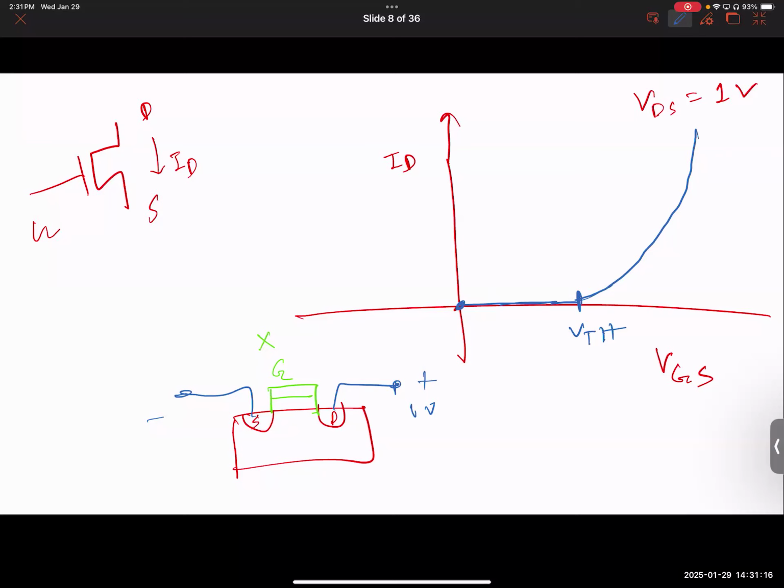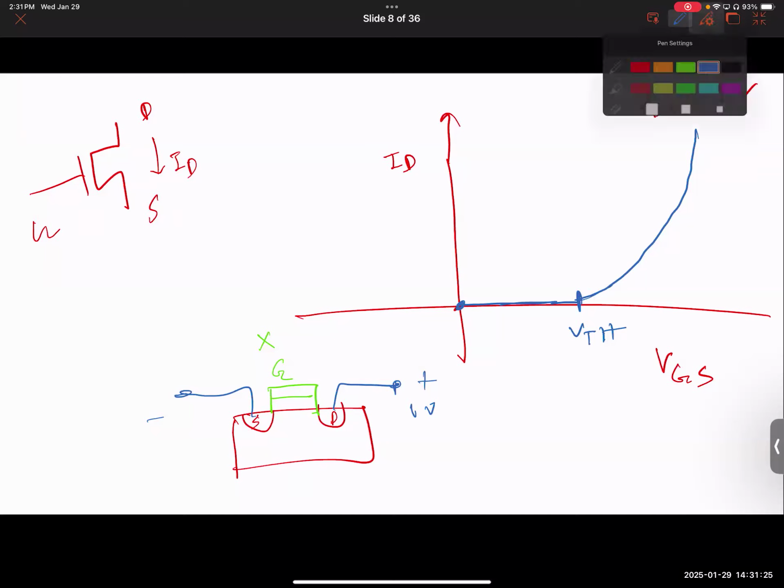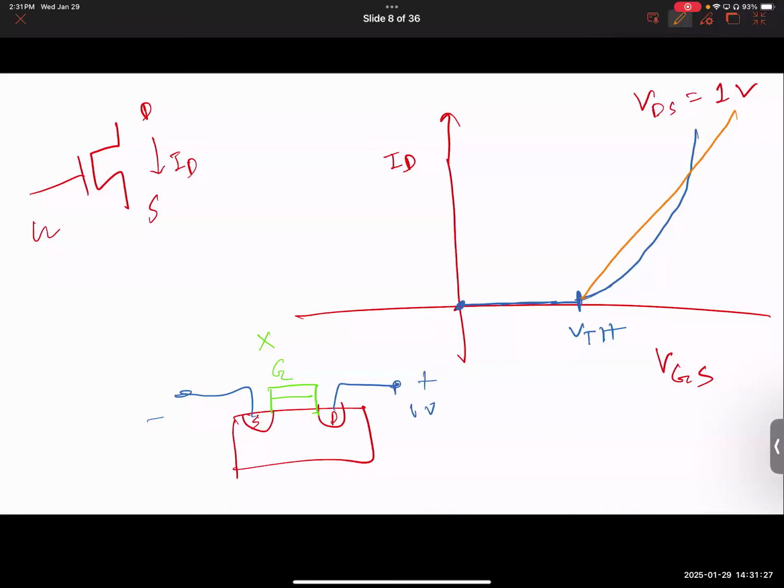Think of it in a simple way: more VGS means more investment to build the bridge. And the wider the bridge is, the more current that you get. So yeah, simple. You could have asked me, okay, this graph will do just fine. More VGS, more current. Why are you making it curved like this, right? There are more mathematics involved in it. Not getting into that. Let's just take it as given for this course. My point is, you have to cross a threshold to start getting some current. Now, let's get back to this again